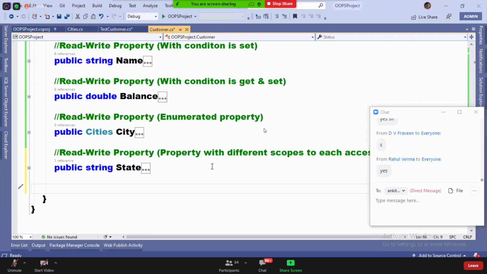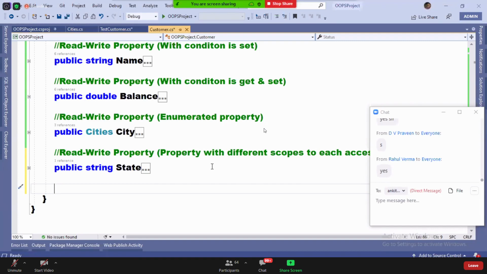Can't I define a property without declaring a field? No, you cannot. Why? Because the field is the one which is going to store the value. If you define a property without a field, where will you store the value?